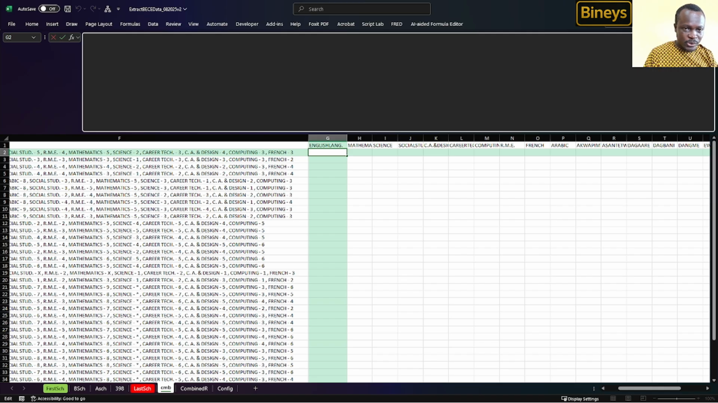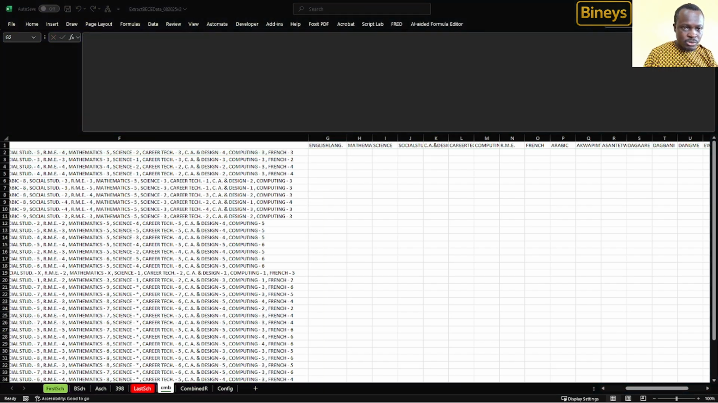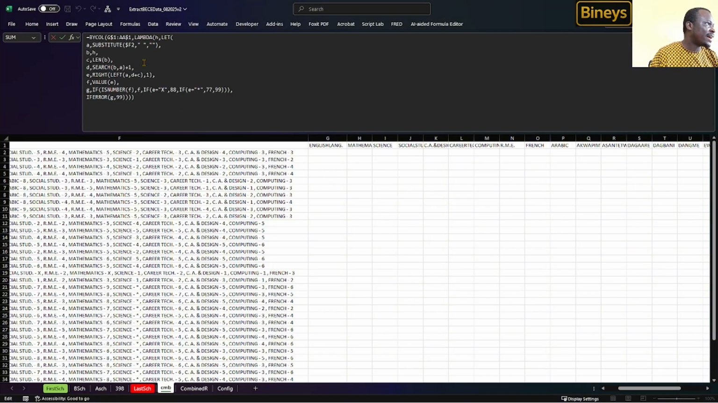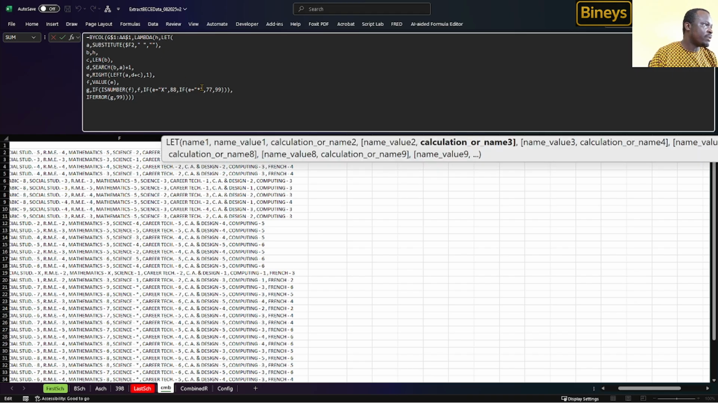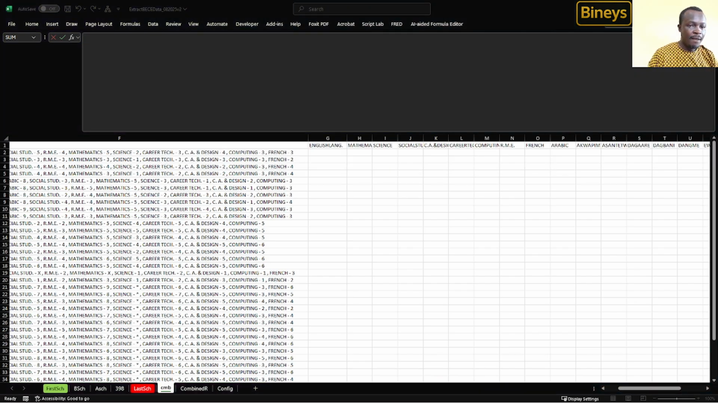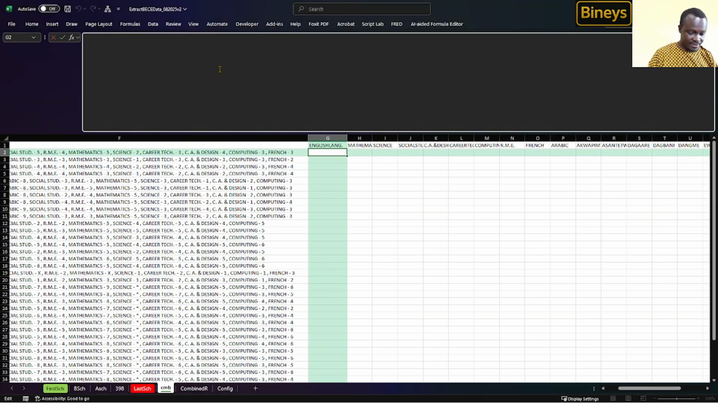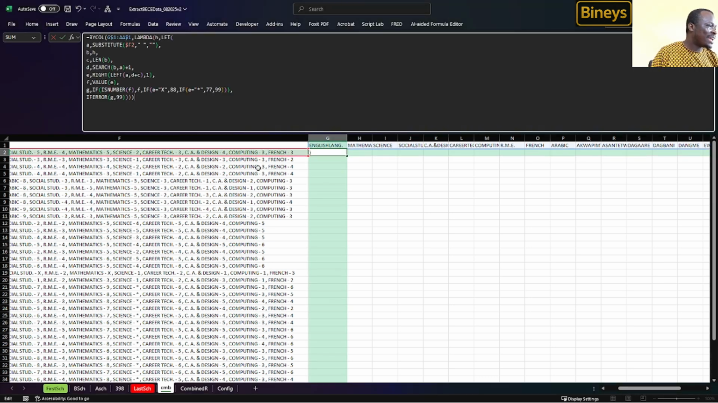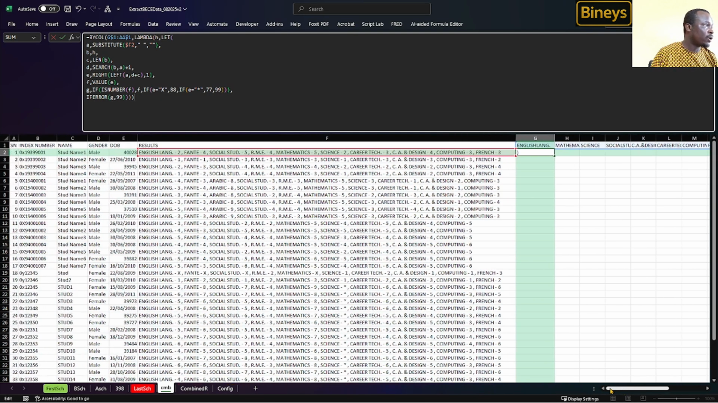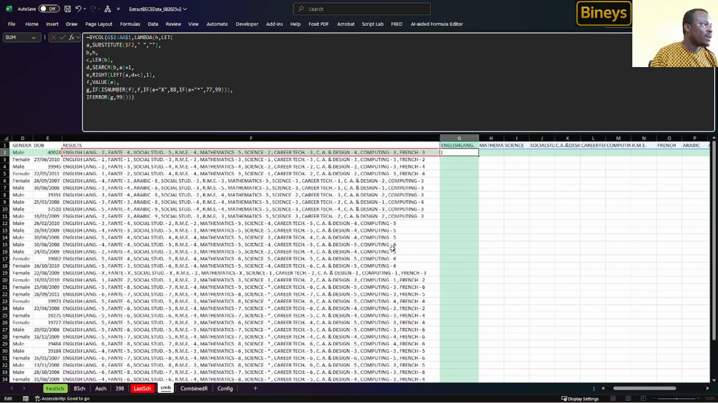Very good. So quickly, I've already written that formula. I'm going to paste it in there for the sake of time. I will explain it to you anyway. So what are we saying here? All that we are saying is we are telling Excel that it should look in column F. Okay, it should look in this column over here,